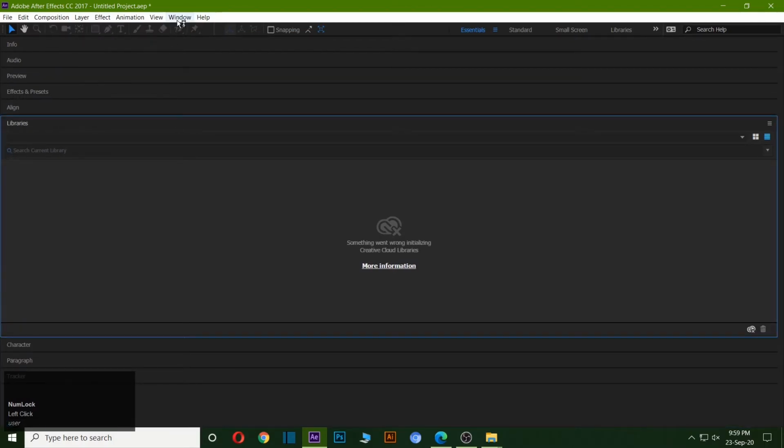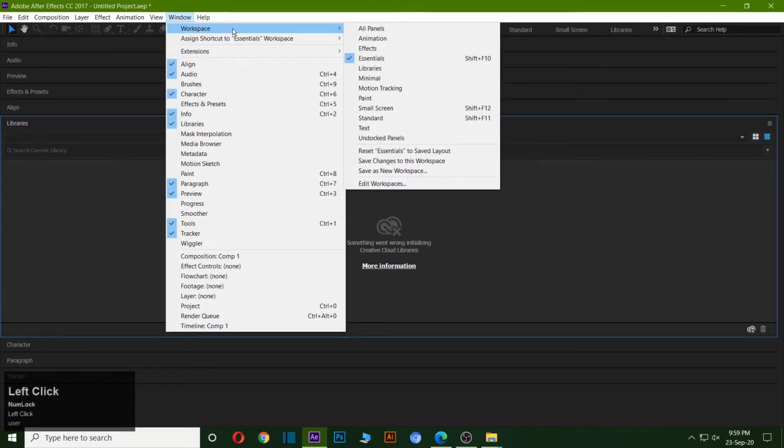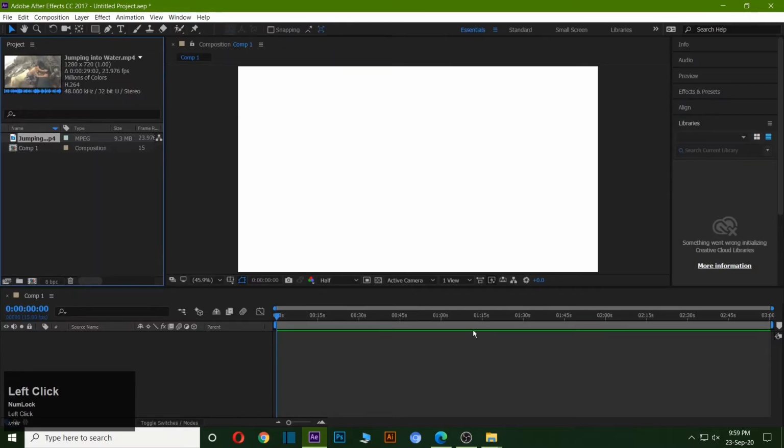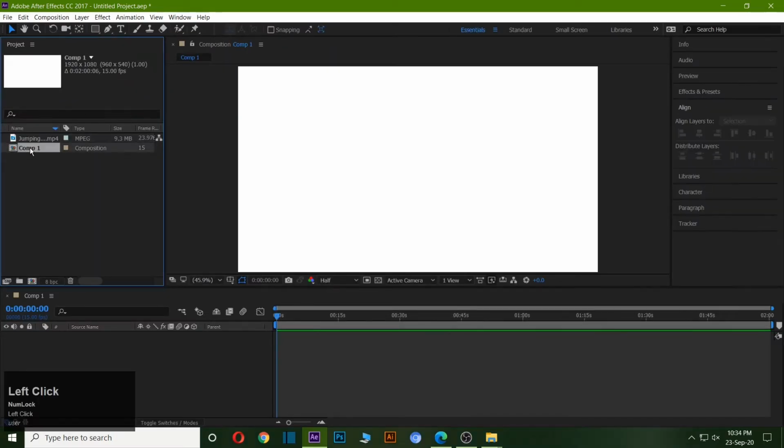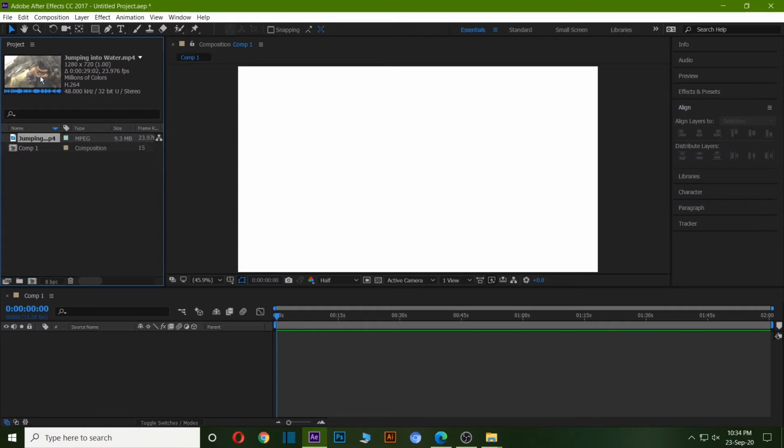In that case, just go to Window, Workspace, and hit Reset Essentials and everything comes back. If I choose the composition, it shows the properties, and this one shows its properties along with its thumbnail, and this is our timeline where we'll edit anything. So let's drag and drop this footage over here.